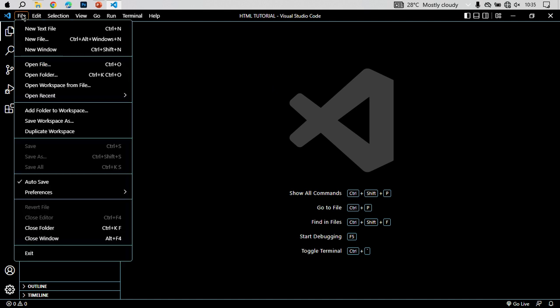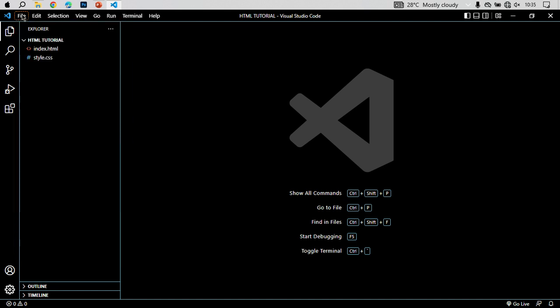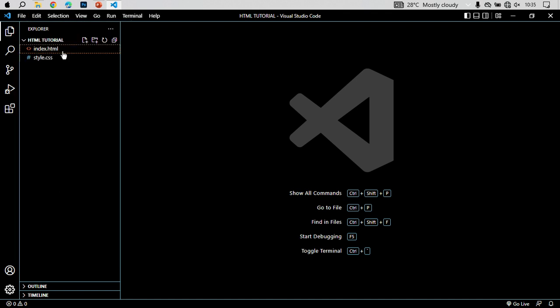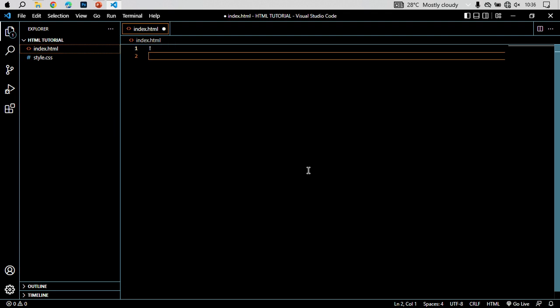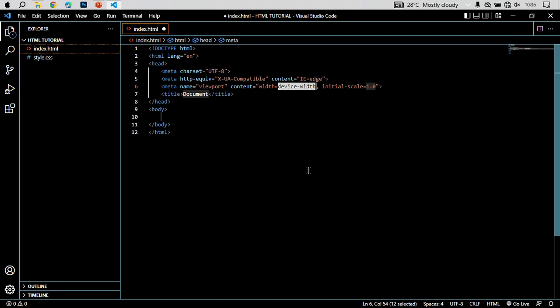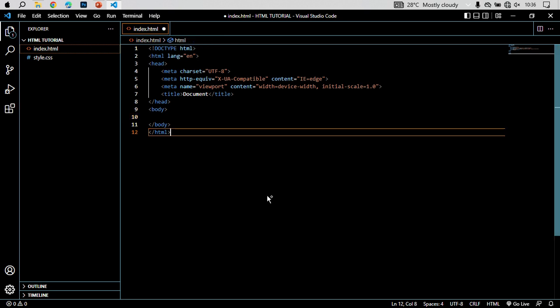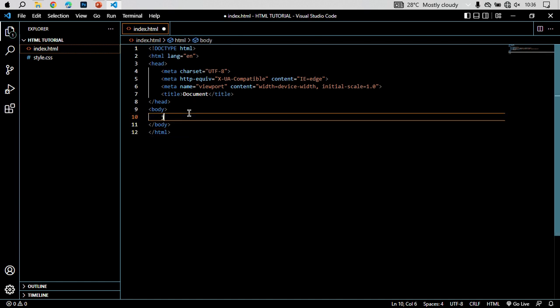Also, I would like you to have your autosave, because it happens to a lot of people that when they view, for instance, let me show you something. Let's say you are typing something here now. It's not on autosave yet. How do you know that your file has not been saved? If your file has been saved, you can see this circle that you have on this place. It will be a times sign, let me save it. When I save it, it changes to this. When I make a difference, it will be this. So now if I write something inside it, let me say my first web page,